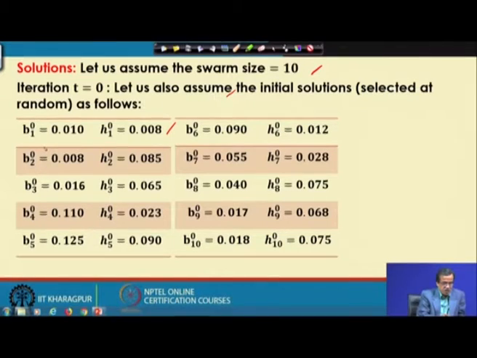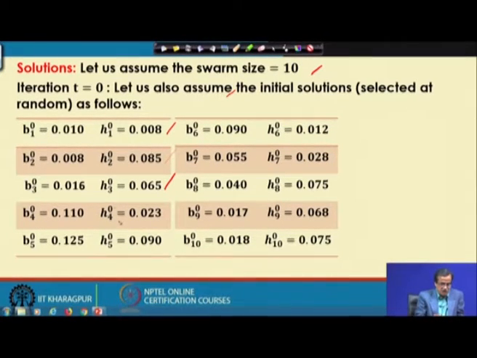Similarly, B 20 is 0.008 and H 20 is 0.85, and similarly the other solutions are also selected at random using the random number generator, but we will have to be careful that all such solutions should lie within their respective ranges. For example, say B 30 and H 30 are determined at random like this.